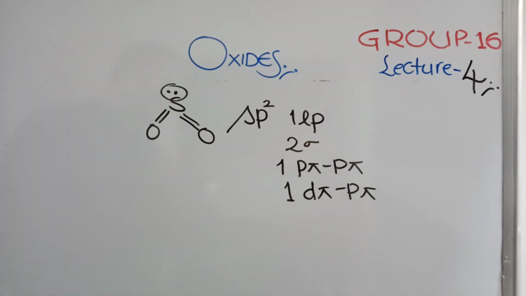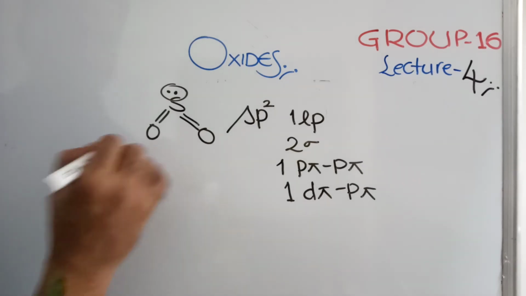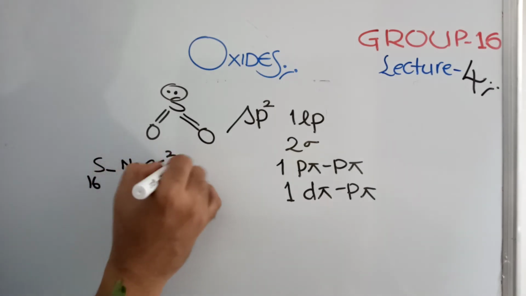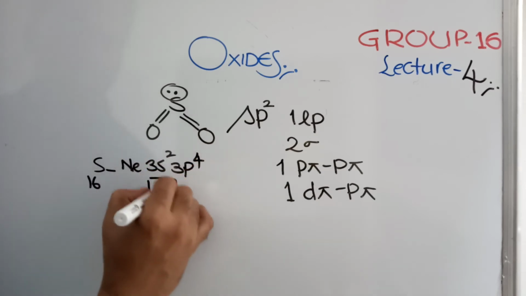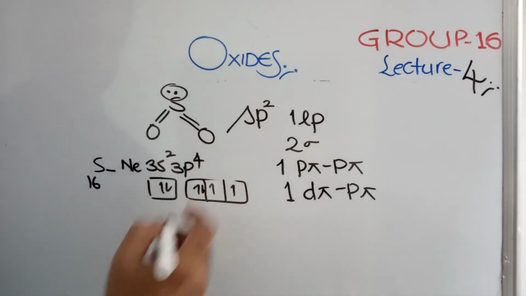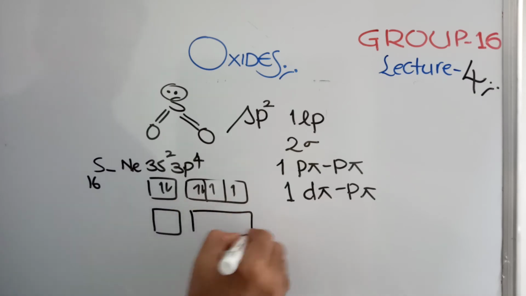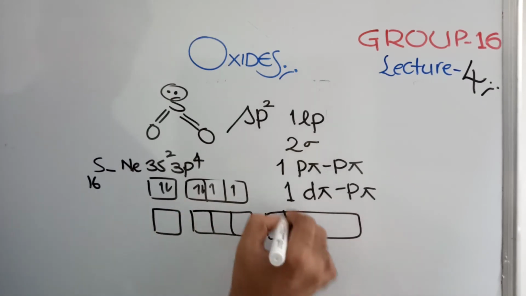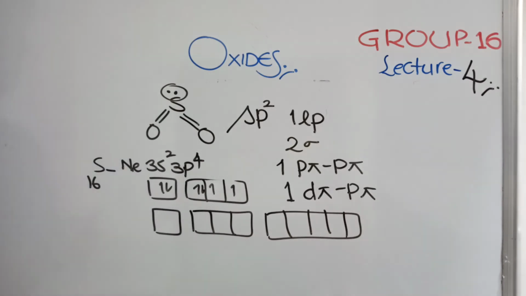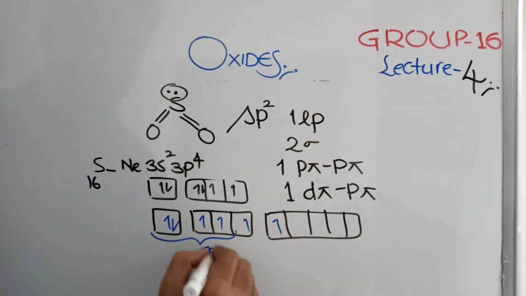So in sulfur dioxide, how is it going to be? Sulfur, 16 electrons, electronic configuration neon 3s2 3p4. If you see in boxes, it will be like this. We want sp2 hybridization, and we need a total of 4 bonds, so 2 unpaired electrons are here. Just go for one excitation. This is the first excitation case. In the first excitation case, there are 4 unpaired electrons. As I said, this is sp2 hybridization.